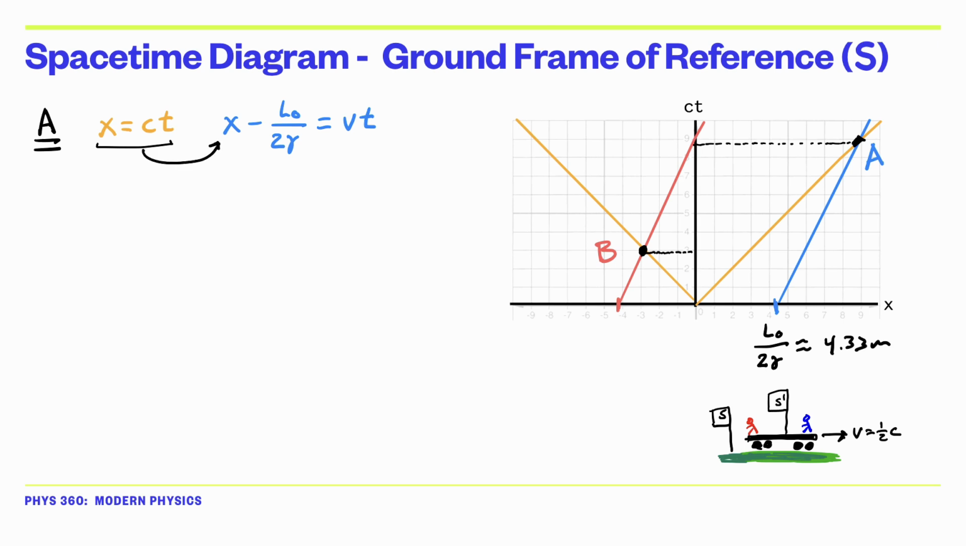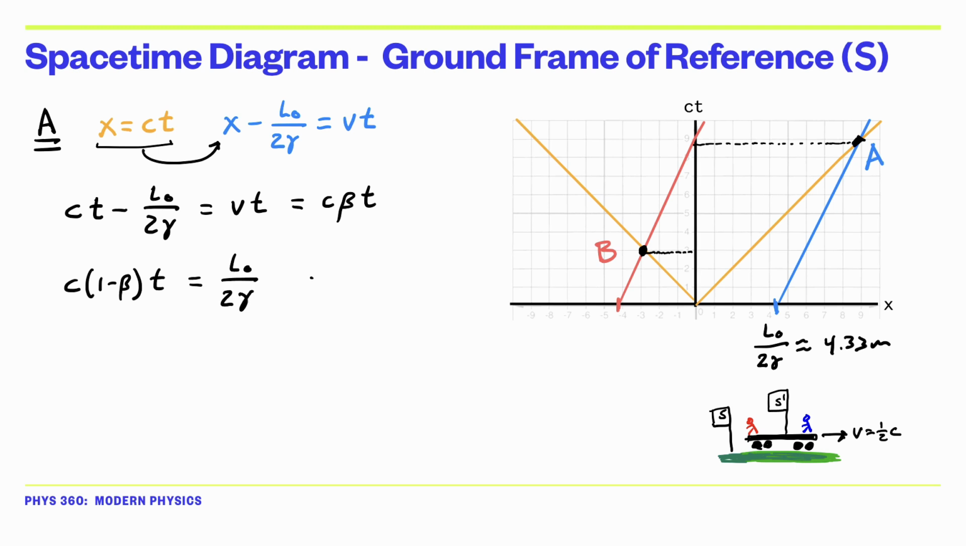We'll plug x equals ct into the blue equation to write ct minus L0 over 2 gamma equals Vt. We can also write Vt as c times beta t to write the equation in terms of betas instead of v's. We'll pull out a c and group the t's on the same side of the equation to write c times (1 minus beta) times t equals L0 over 2 gamma. Solving for ct gives,